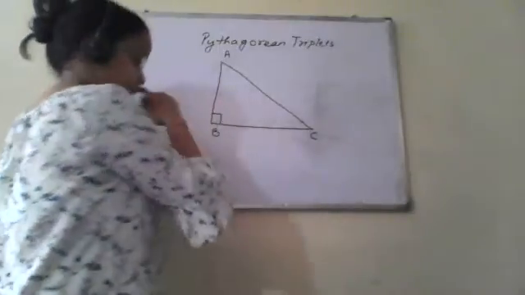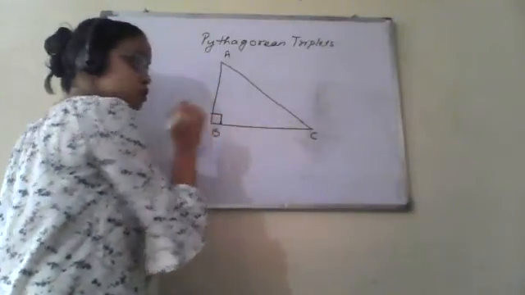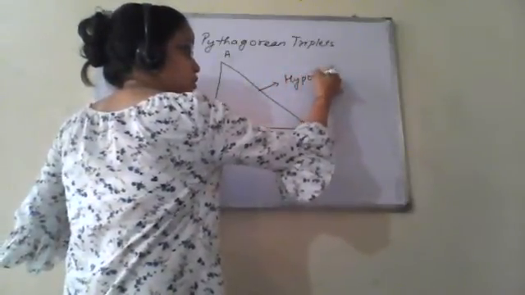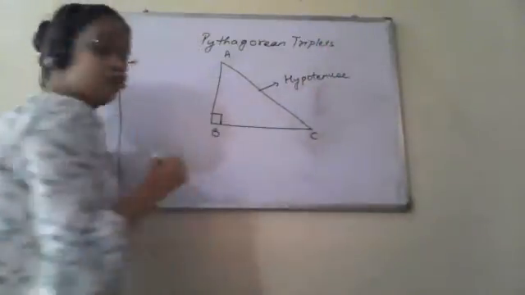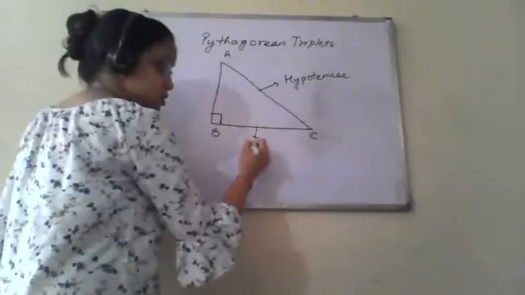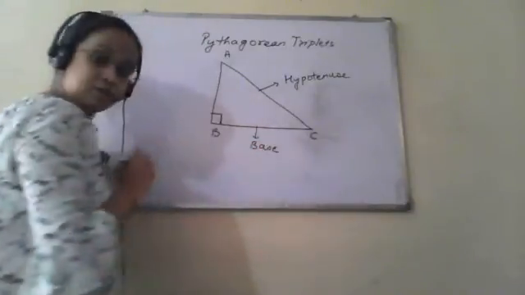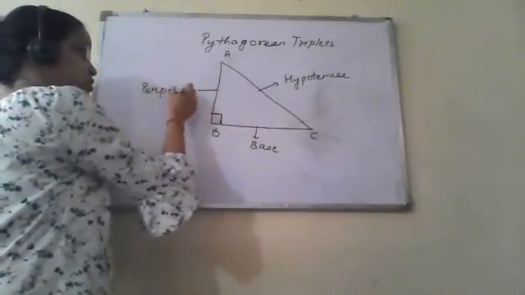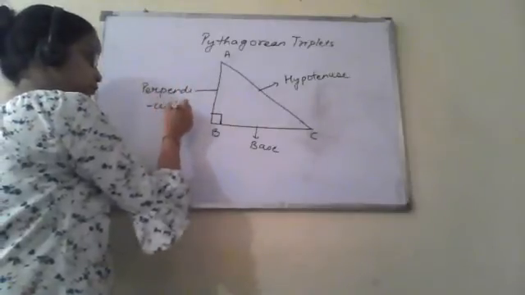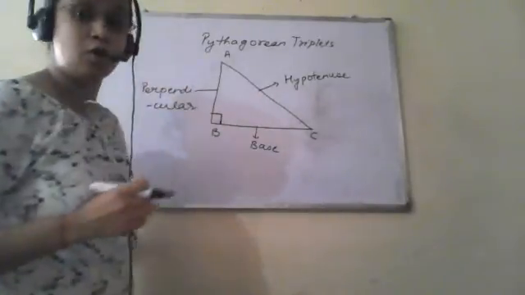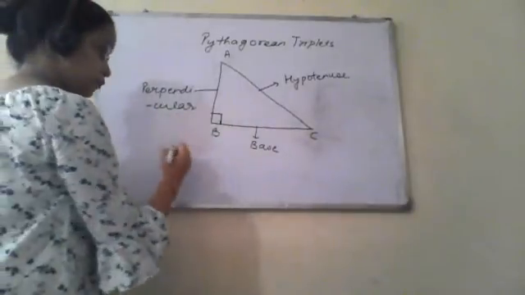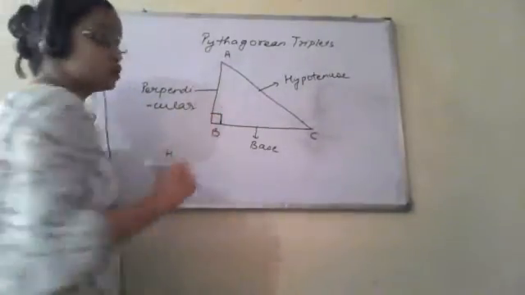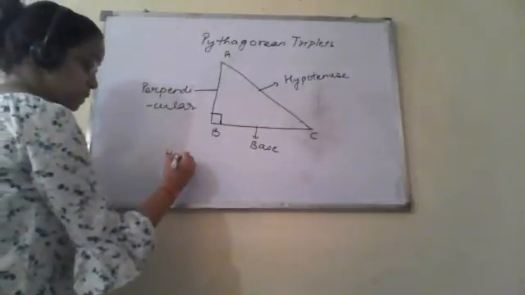Now there are three things. Opposite to this 90-degree angle we have the hypotenuse. This is the base of the triangle and this is the perpendicular. So by Pythagoras theorem, the one necessary condition for this is that the triangle should be right angled. Okay, so according to this, by Pythagoras theorem, we have